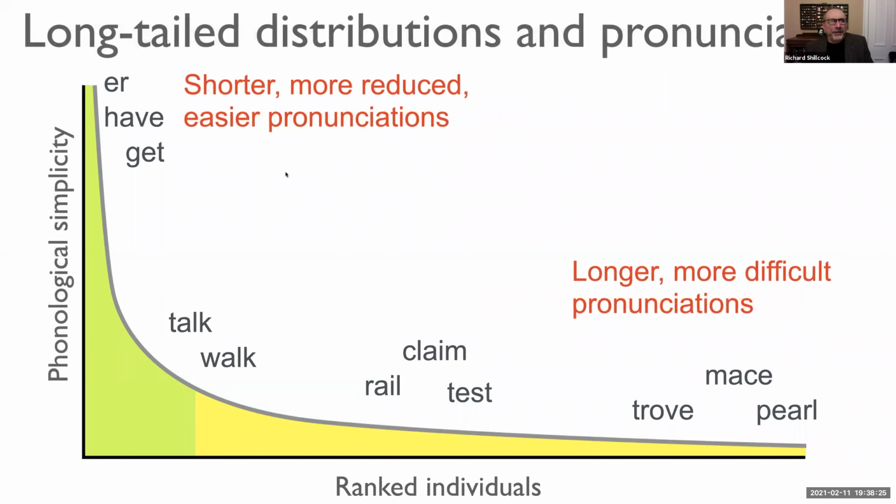These very frequent words are shorter, and there's a really clear intuition here that we want these to be short because we're using them all the time. If you have a word like the, and if you record some speech and then put that speech up on a screen, with frequency on the y-axis and time across here, you get a big zigzag like that.